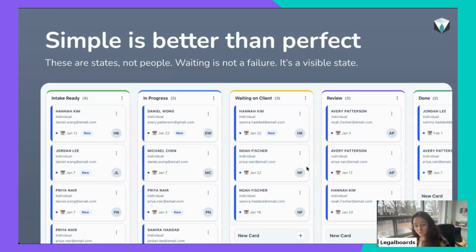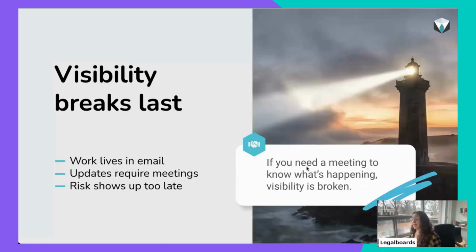When you have more than 5 people at your firm, you can't rely on verbal communication and email threads. You need to make sure people have a space where they can go and visualize what is right now in the process. So this is my last item here.